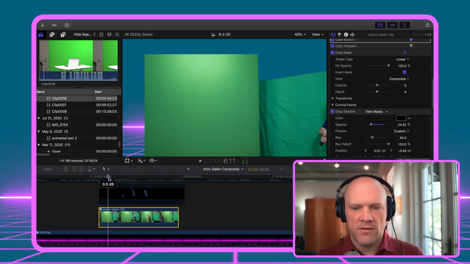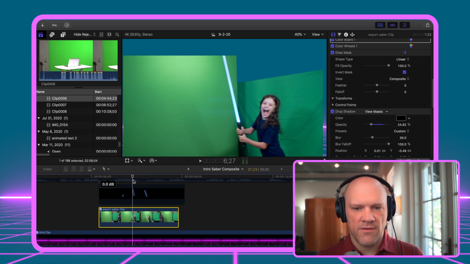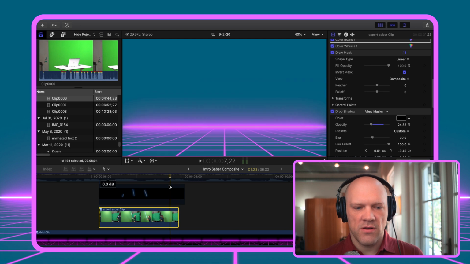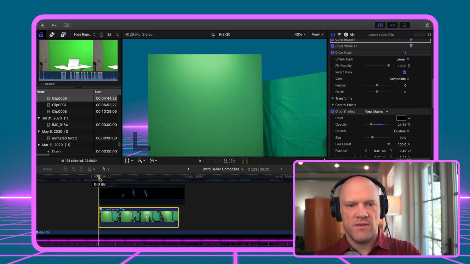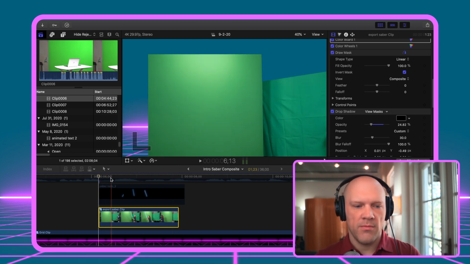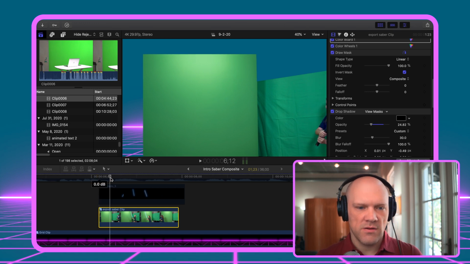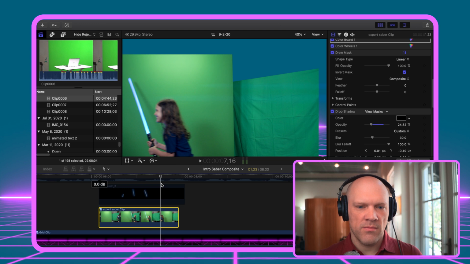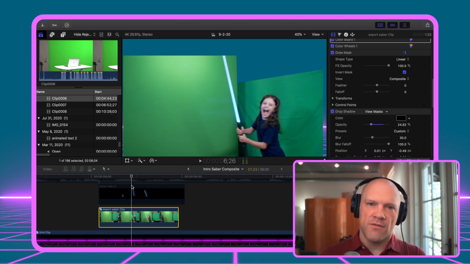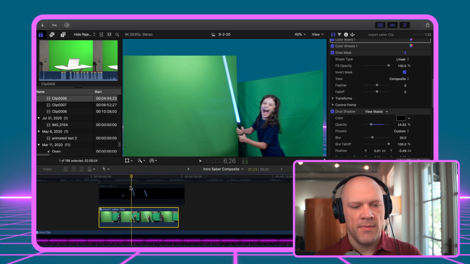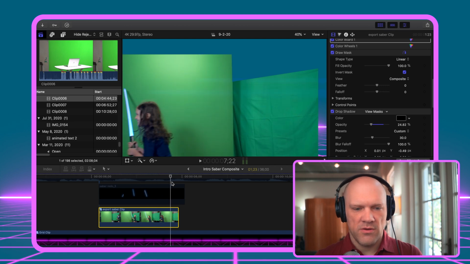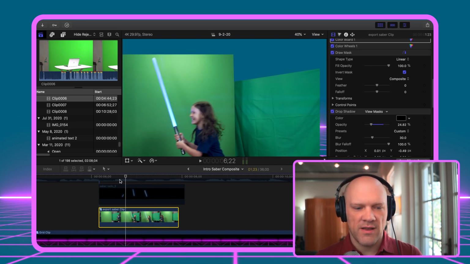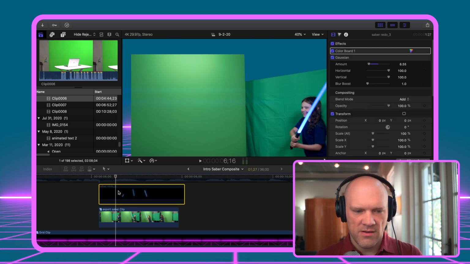I also wanted her to move across the frame quicker at the beginning than it actually occurred. So you can see I'm shifting this whole frame. Let's just watch. We're going to move it to the side and then even more. This just helped push her faster across. This is one of the nice things about when you've got something that you can key out: you can move the object across the screen faster. I'm going to go ahead and layer this back on top.